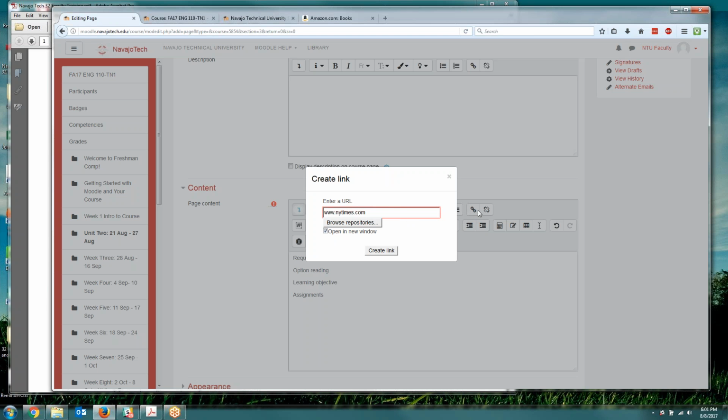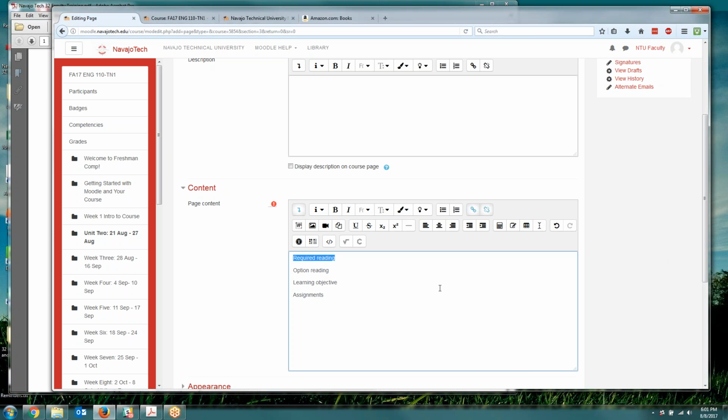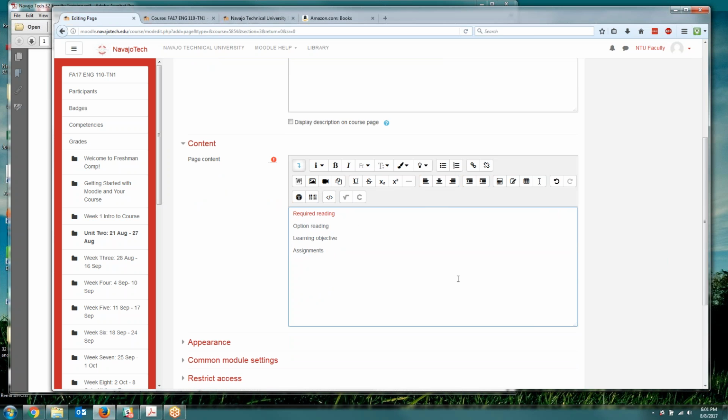So these little link icons here in your text editor are really powerful ways to add a hyperlink to just about anything. So I'm going to select open in a new window and create a link. And we can see now it appears in red to indicate to me that this is now a hyperlink rather than just regular text. Let's say I wanted to share